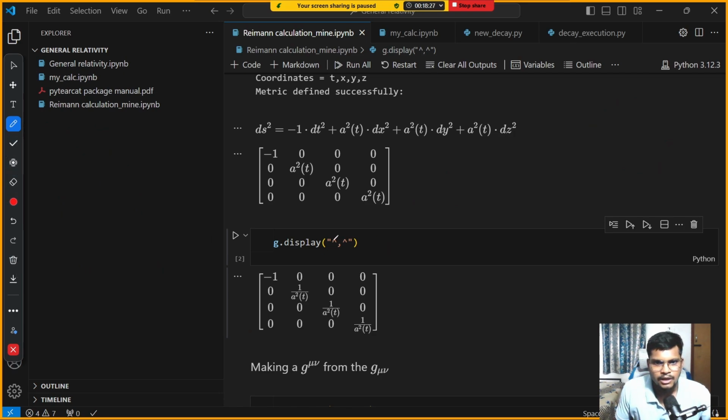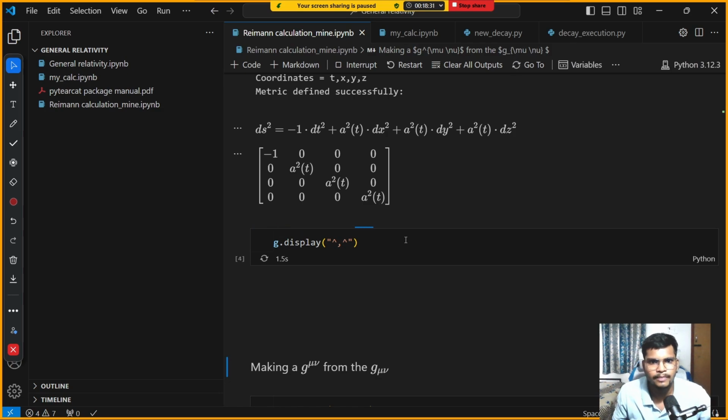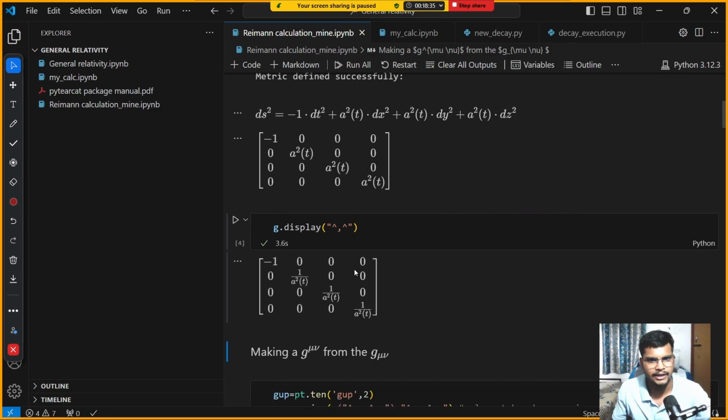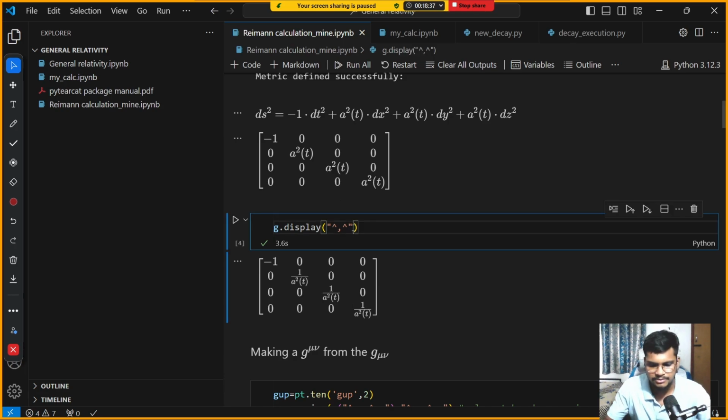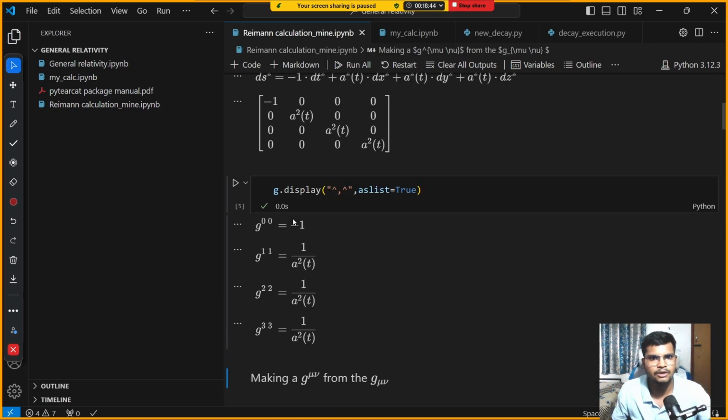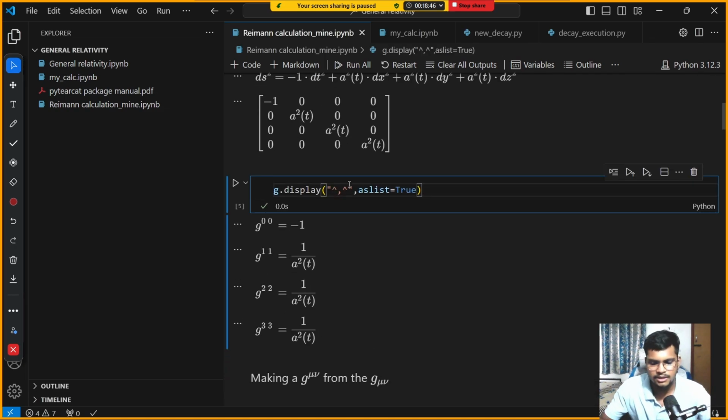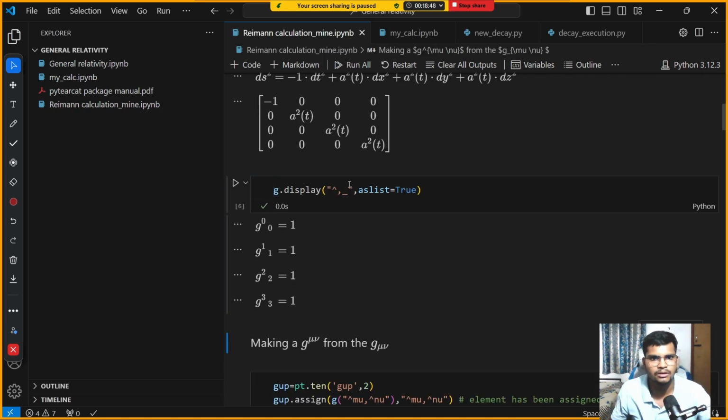All right, so let me just hit it. Wow. So you may see in a second what is going to happen. It has already taken the inverse. And if I say as list is equal to true, it will simply give me what my z00 is. If I use this one, you can see that it becomes the Kronecker delta. Why does it become the Kronecker delta? You know